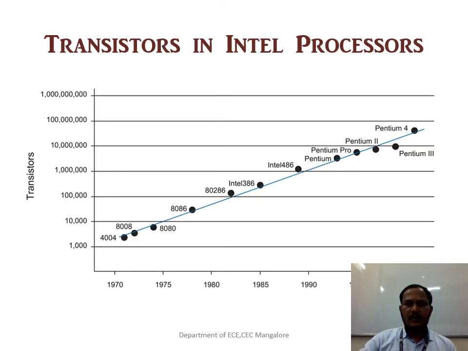These are the trends in Intel processors. In the 1970s you had 4-bit, 8-bit, then the Intel 3 series, 4 series, then Intel 1, 2, 3, 4, 5 processors, and so on up to 2000. Nowadays we are getting i3, i5, i7 processors. It's not only a single processor: you have quad, octa, or hexa processors in a single chip.